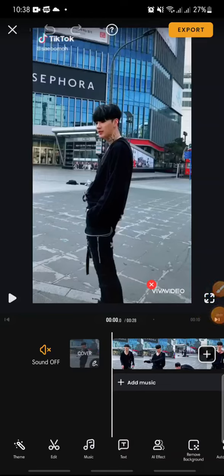In this video, I'm going to show you how to add playlist music frame on a VivaVideo apps. Now let's get started. First, after you open your VivaVideo apps, and after this you can add the video that